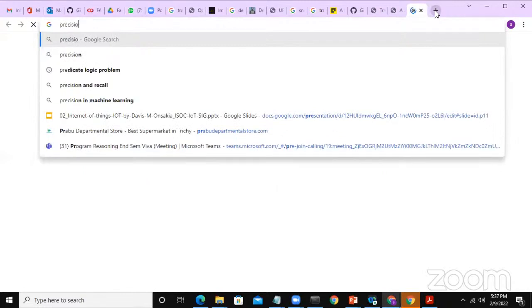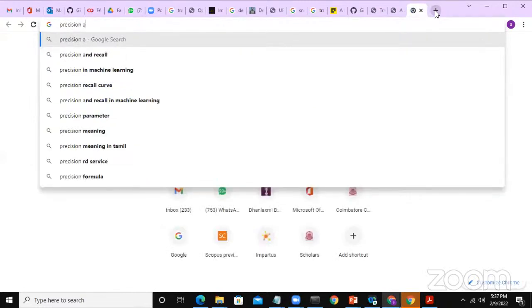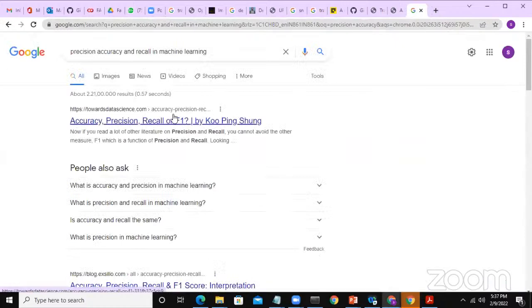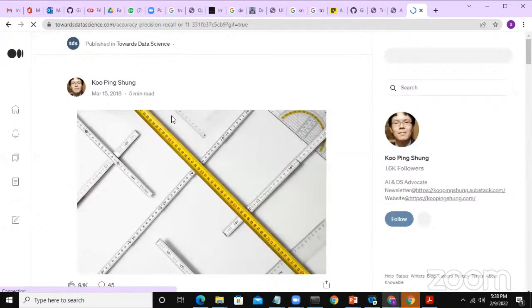These metrics, I need not tell you the formulas. If you go to the internet and type precision, accuracy, you'll get good URLs, such as Towards Data Science. Now, the question that was asked by one of the participants is, what is the importance of